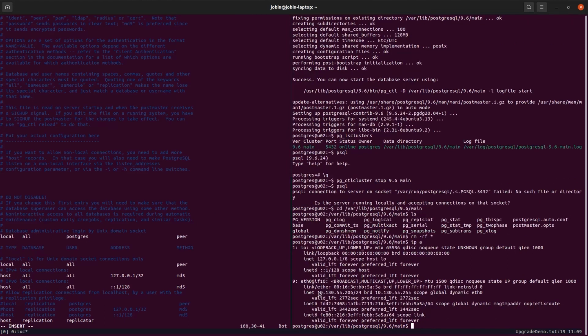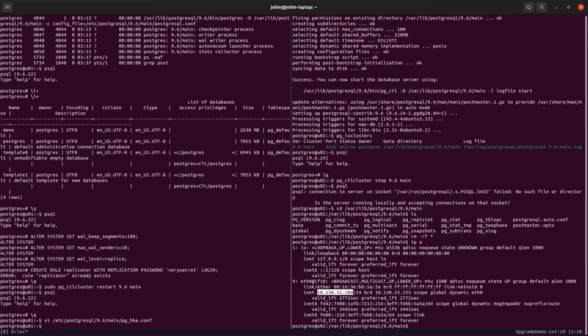So this is the IP address, and subnet mask. We want connection only from this IP, and it should be password authenticated using MD5. Okay, save and quit,